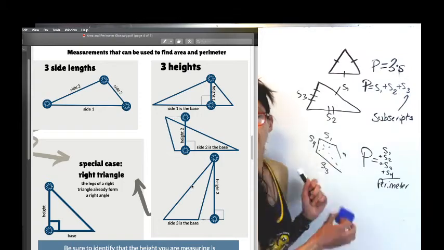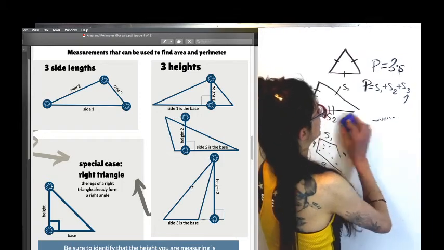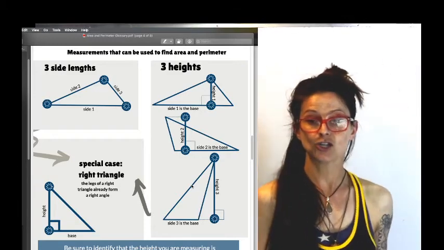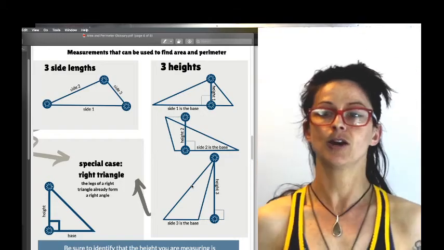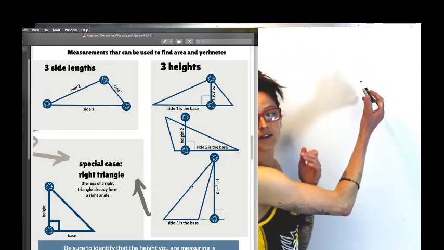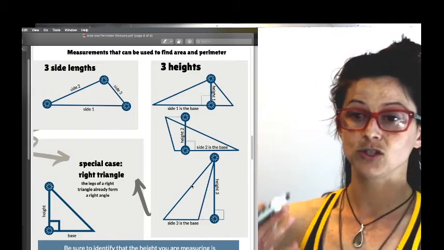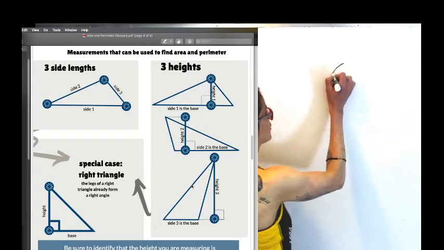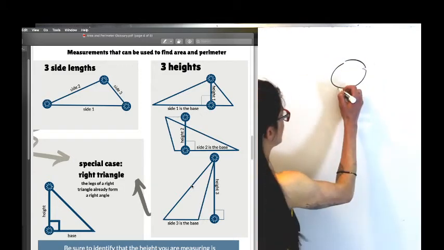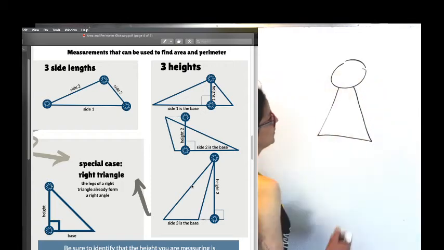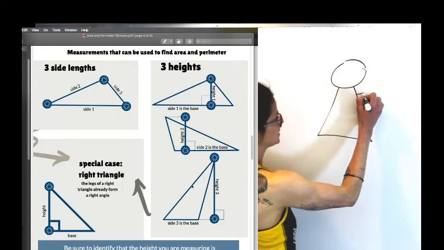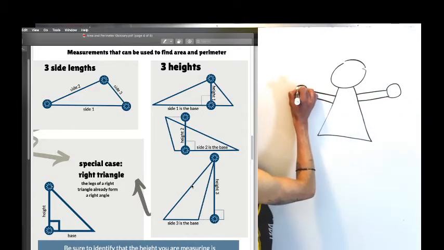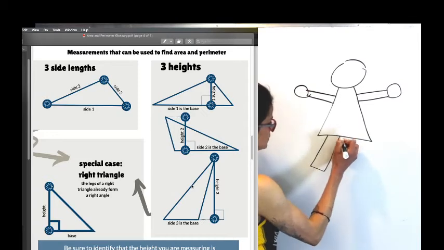Now, if you're dealing with composite figures, you might not use all of the sides, or you might just use parts of the sides. And this activity is called measuring an outline, measuring the perimeter and area of an outline. Later I'm going to upload my video of doing this activity in my driveway with sidewalk chalk. I thought of my head as a circle, and then I thought of my body as a trapezoid, and then my arms as rectangles, and my hands as circles, my legs as rectangles,